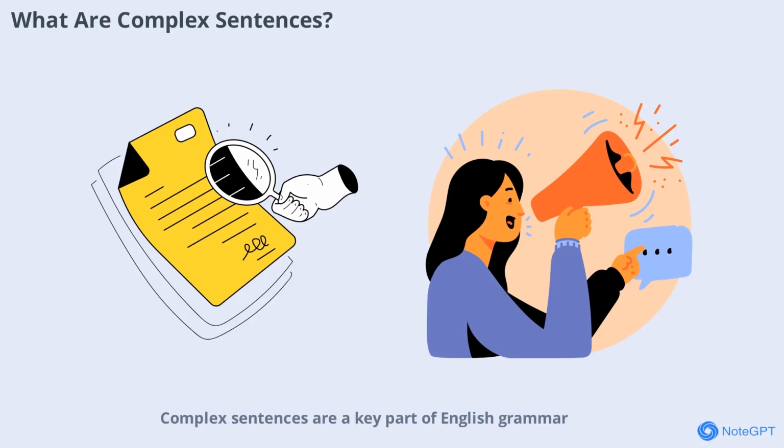Complex sentences are a key part of English grammar, forming one of the four main sentence structures. They consist of one independent clause, also called the main clause, and at least one dependent or subordinate clause. The dependent clause is introduced and connected to the main clause using a subordinating conjunction such as because, if, or when. This structure allows us to show a clear relationship between two ideas, making it easier to highlight which idea